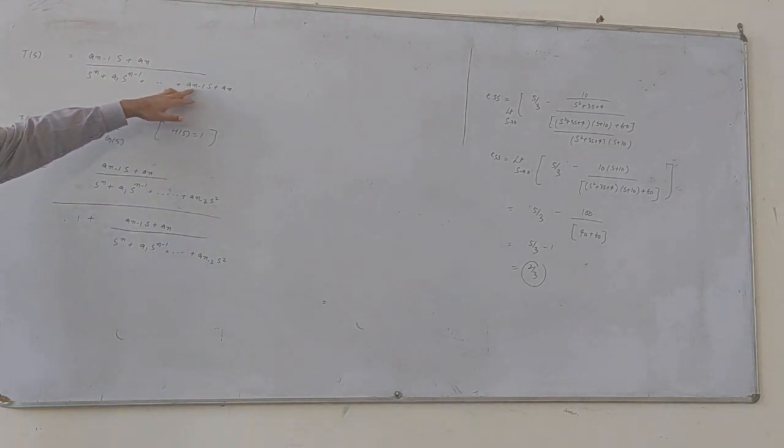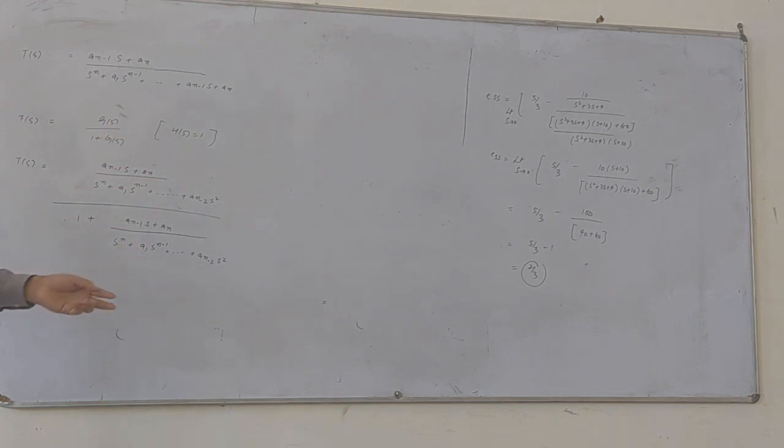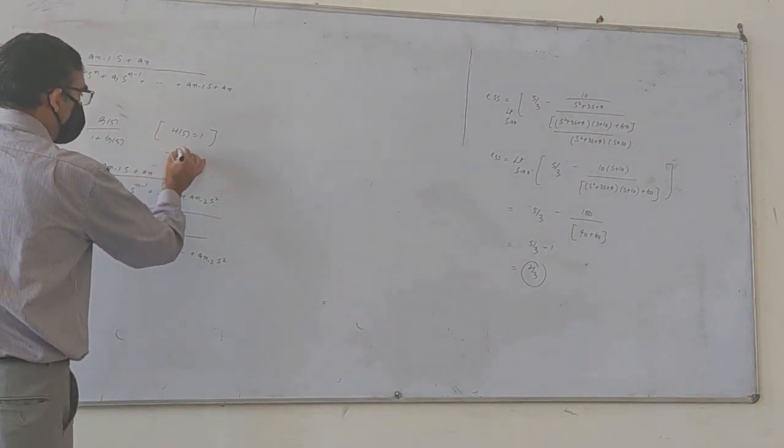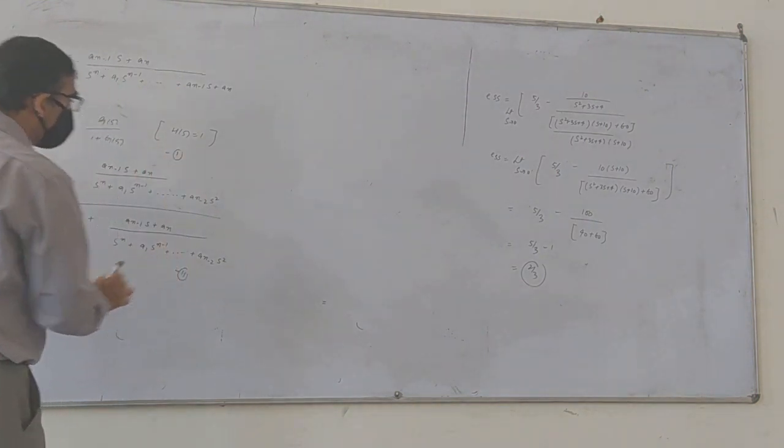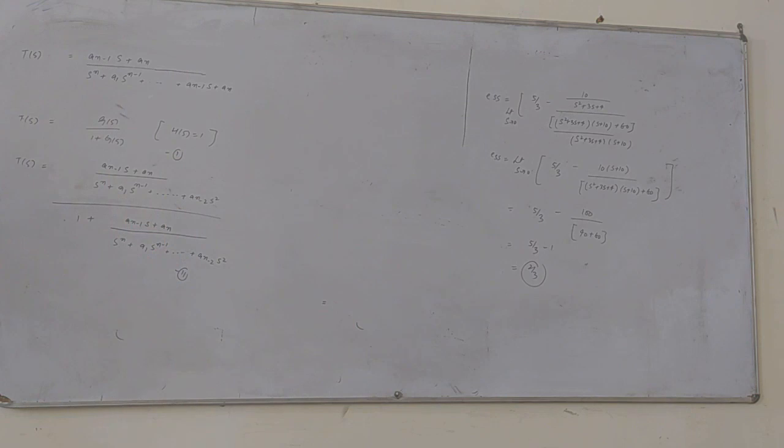Where you have to go back? Before this term will be a n minus s square। That's all। So you make a transfer function like this। Compare this with this equation। Compare the equation first and second। Now what is g of s now? I'm not writing, but please you compare yourself।